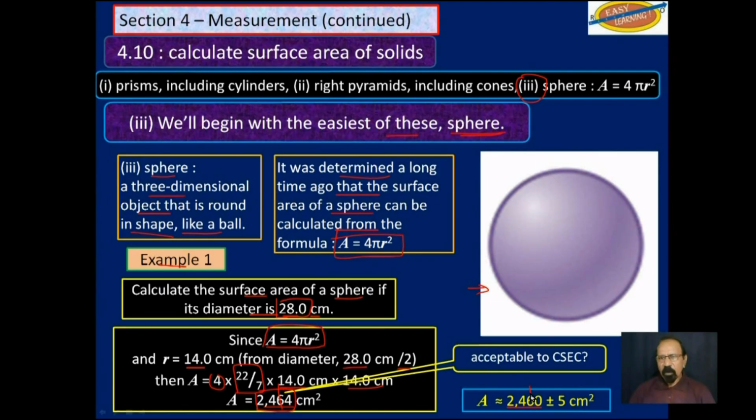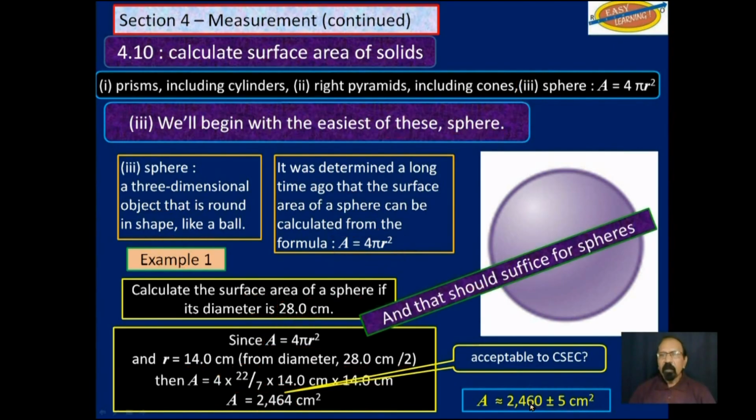And since we are rounding off at the tens position, we take half of that position, which is 5, and that is our margin of error, or uncertainty. And that should suffice for spheres. All spheres, to find the surface area, you apply this